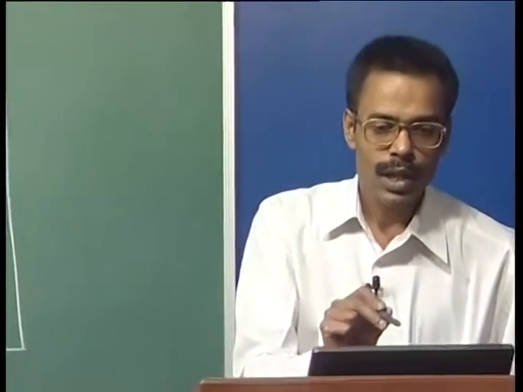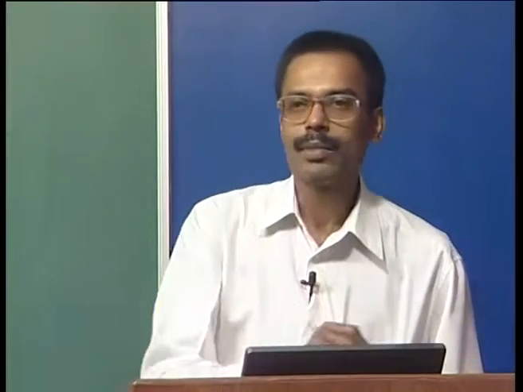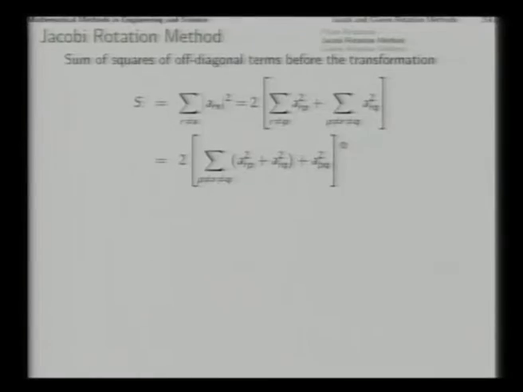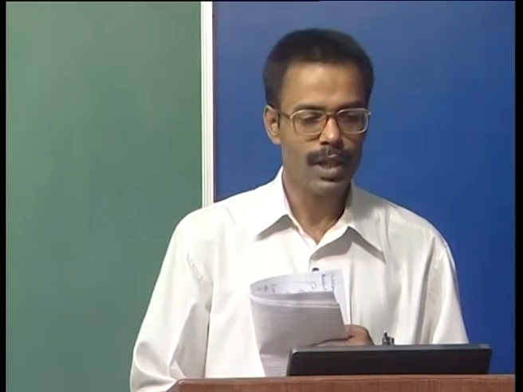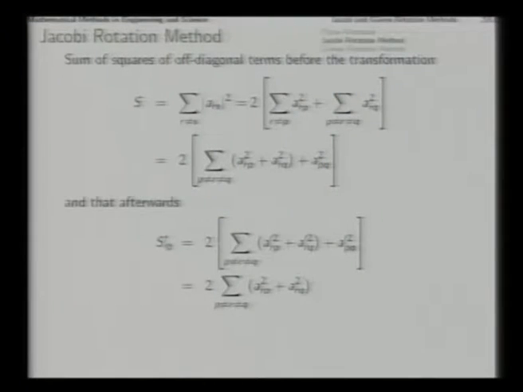Now, when you try to calculate the same sum for the matrix A prime, then you get this. And now note that through this Jacobi rotation PQ, you have actually set this as 0. So, you can write simply this, right. This has been thrown out, because this has been set 0 by this particular rotation. Now, you compare these two and find out delta S. If you do that, then you will notice that this sum and this sum is actually same.